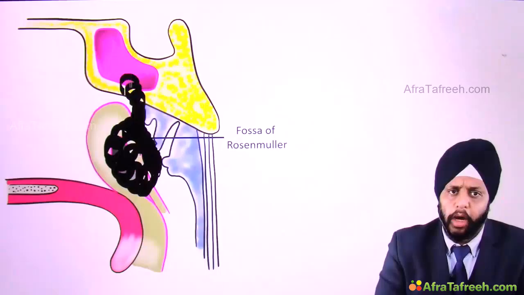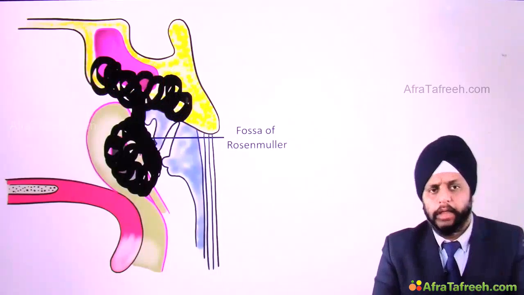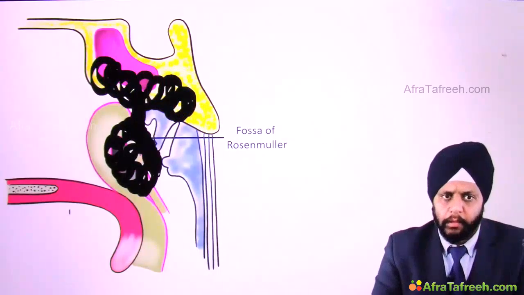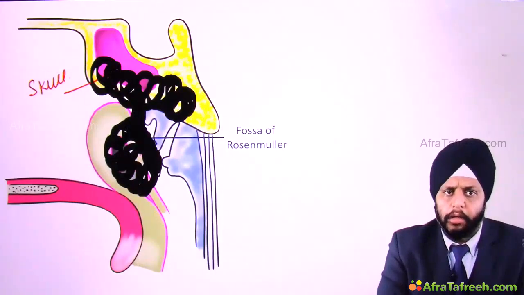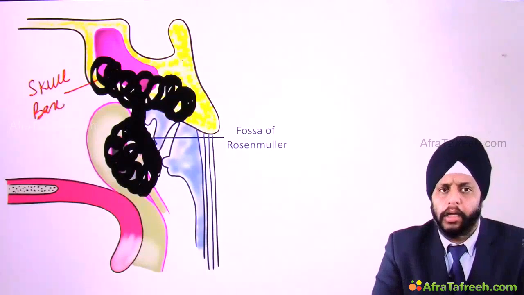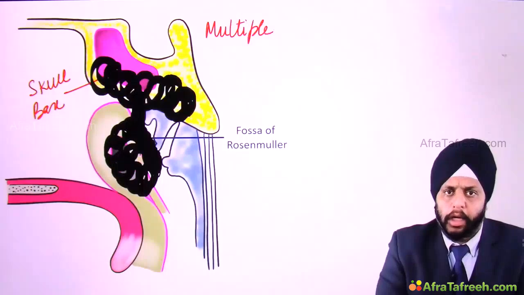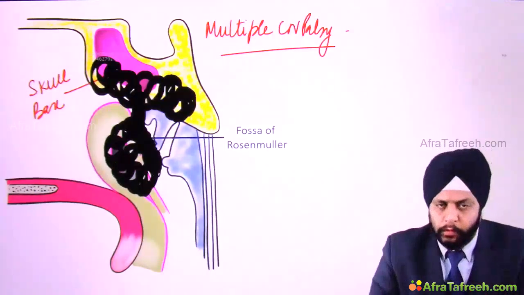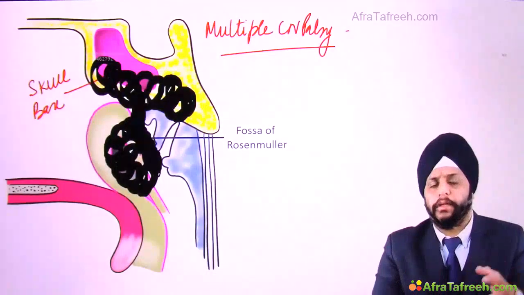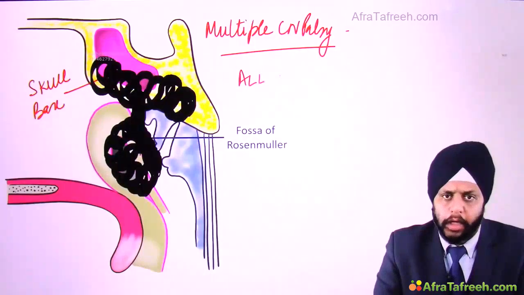it can go and it can involve the skull base. So if it goes up, it can involve the skull base. Now if it involves the skull base, it can involve multiple cranial nerves. So it can cause multiple cranial nerve palsy. So which cranial nerves can NPC involve? Remember, NPC can involve all the cranial nerves